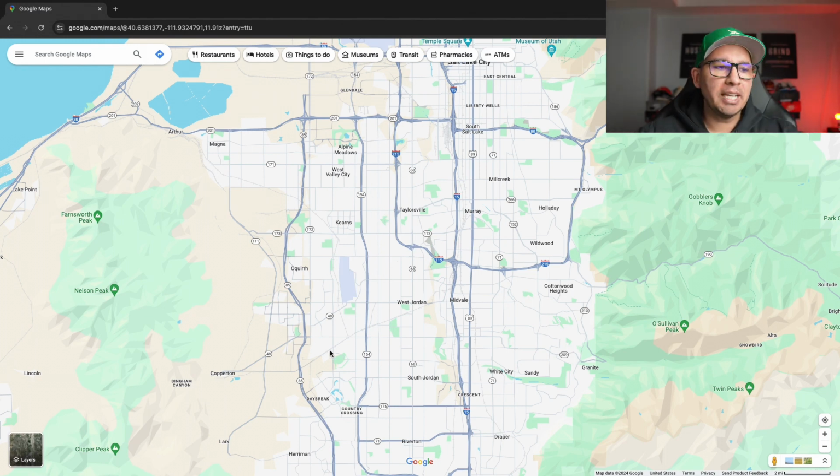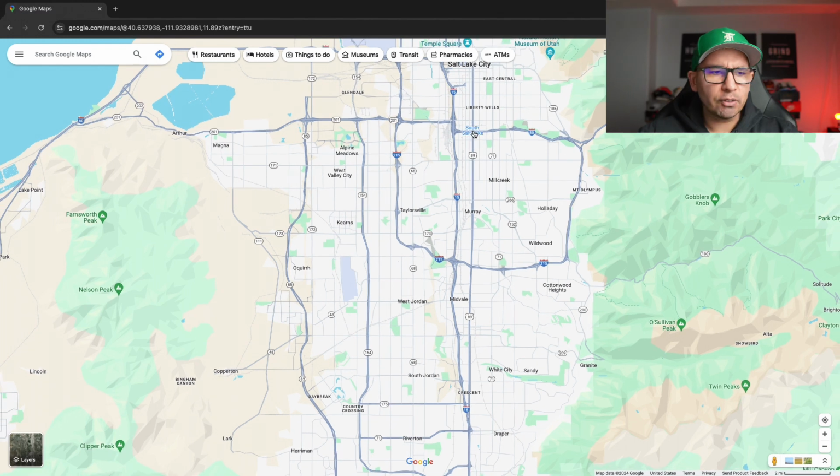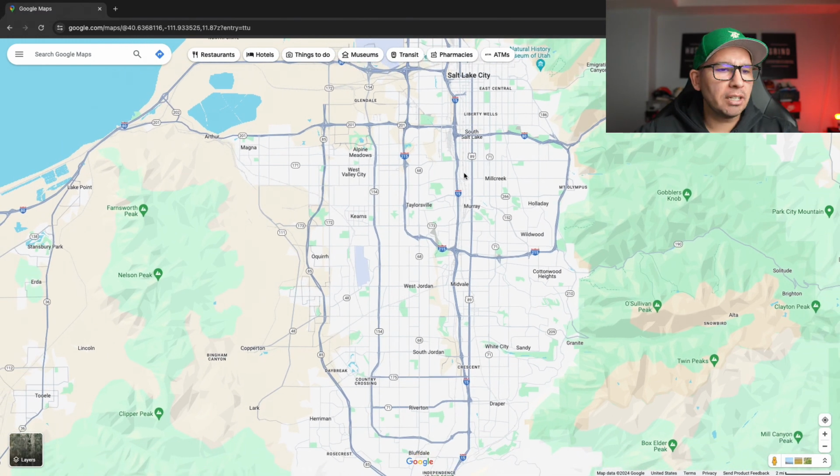That does help to be able to get over to the west side, but for example, if you're coming from downtown Salt Lake City, you take I-15 all the way down. If you're trying to get to Herriman, it's going to take you about 45 minutes, probably up to an hour during heavy traffic. And in the winter, like we are now, it's potentially going to take you a lot longer if it's during a snowstorm. I know that there have been a lot of clips in this video from the winter, and it is wintertime right now, but I also have included some summer clips